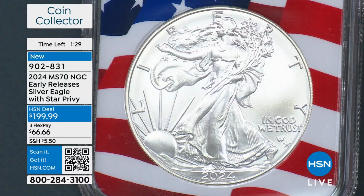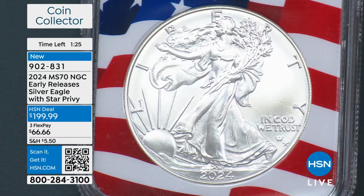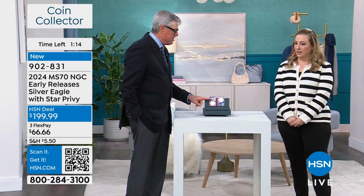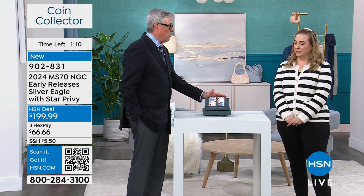But in Mint State 70, there's not 500,000, there's not 100,000. Understand, it becomes extremely rare, extraordinarily rare in Mint State 70 perfect. And so that's going to add to the collectability, the desirability, the value. All of those things are going to get added by the Mint State 70. Plus you have early release, so this was graded out of the first batch of coins that were released from